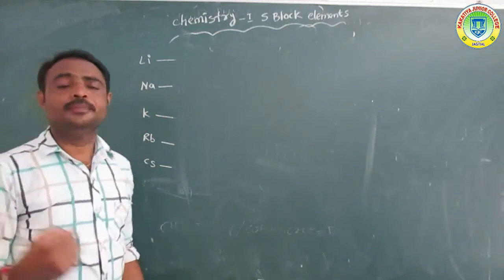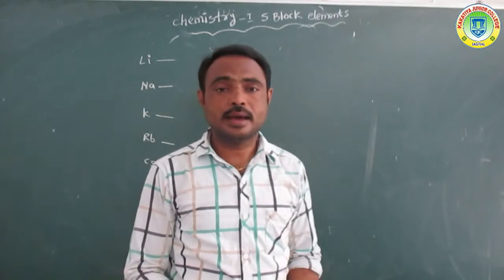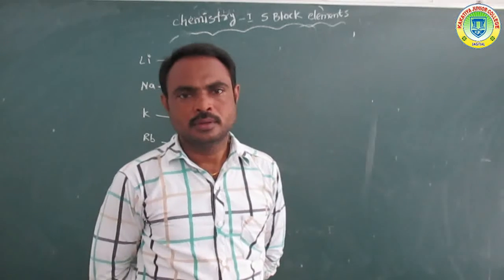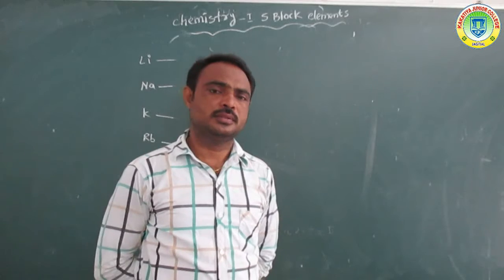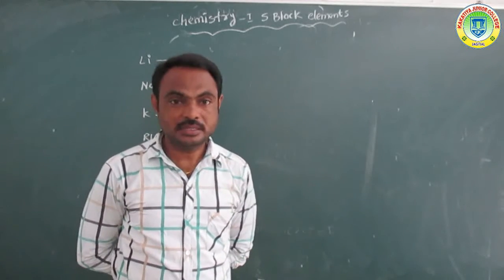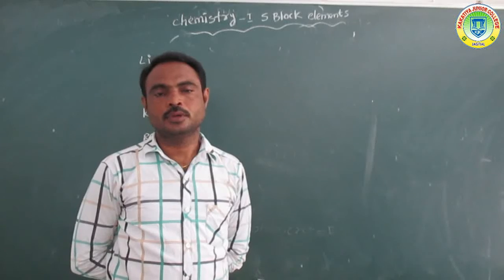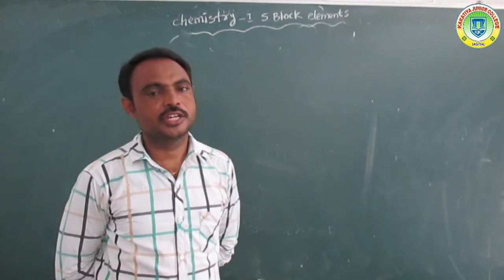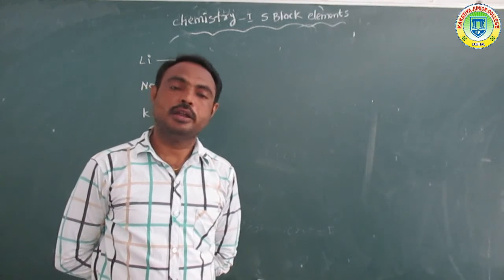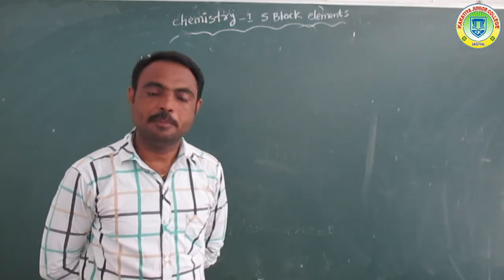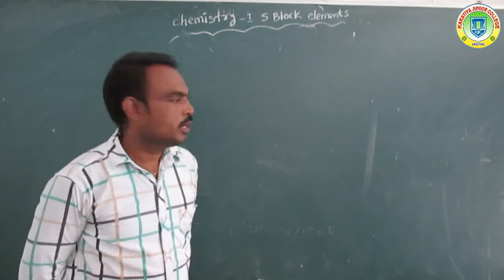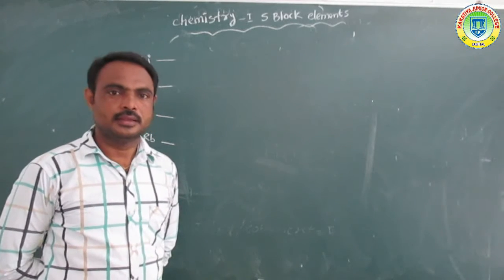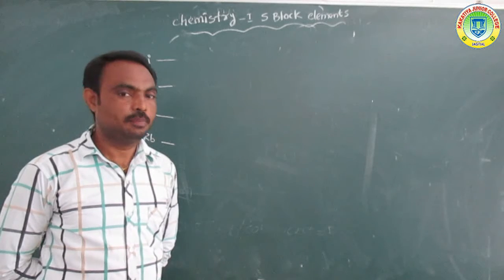So what are the physical properties of alkali metals? Overall, we already know that they are all solid components. Metals means solid components, with metallic nature, and at the same time alkaline nature. Alkaline nature means basic nature. So overall, what are the atomic radius and ionization enthalpy,